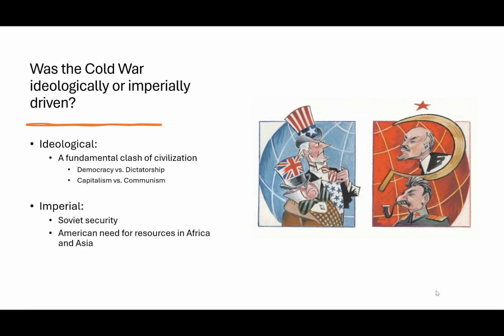So if we want to shift away from ideology, definitely look at it imperially and ponder that. But all of this was just to give you contextualization. I wanted to show you how the end of the 19th and the beginning of the 20th century really created collapse. And then in 1945, we can see these two different perspectives. Was the Cold War ideologically or imperially driven? With that said, I'm going to pause here.